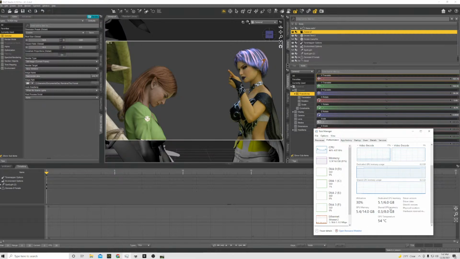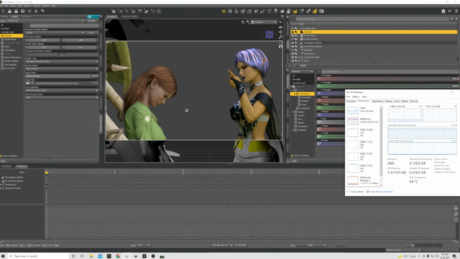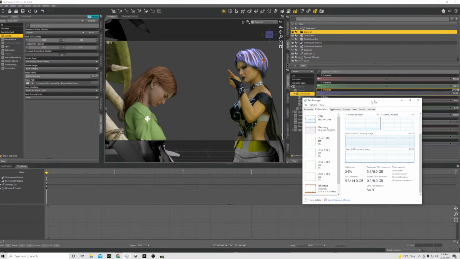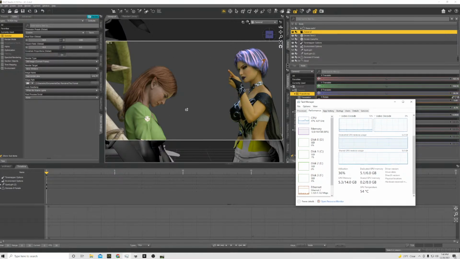We're at 5.1 gigabytes right now being used on this NVIDIA Iray Preview. Let's see if we can keep this in here in this scene. This is the other thing to remember: if we're going to be doing spot renders on their faces, to make them look a little bit different and change the